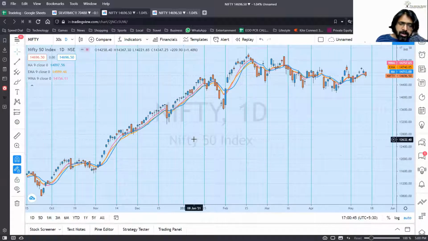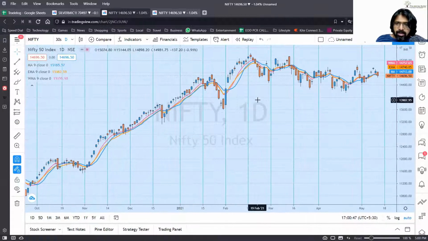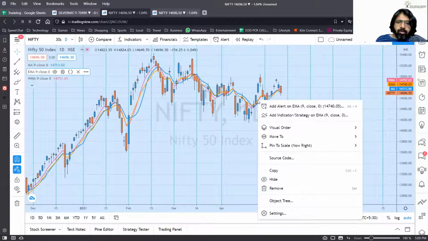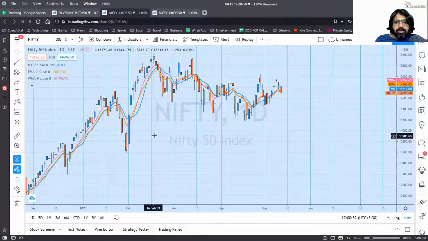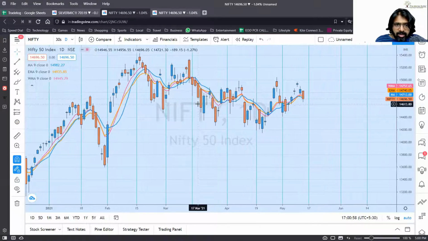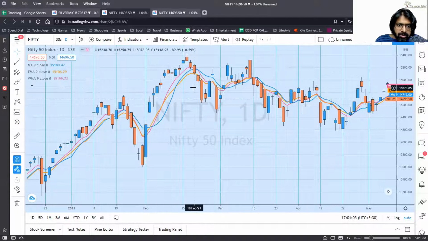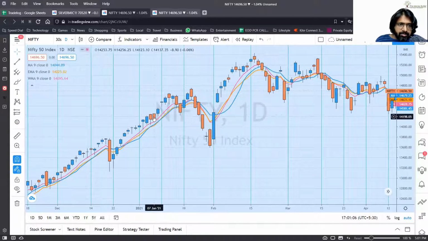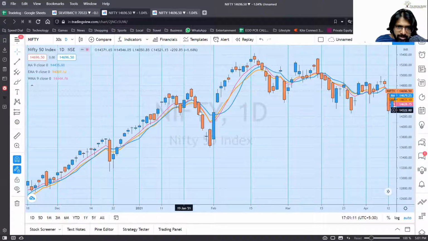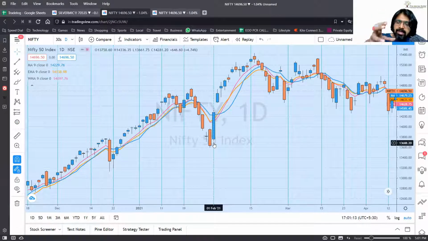All right. So here, as I showed you in the start, the weighted moving average is way closer to the price because of its additional weightage. Then comes the exponential moving average, and then comes your simple moving average. The simple one is the blue line, which is the last. It's the least sensitive to recent price changes. Then there is your exponential, which is slightly more sensitive to the recent price changes.